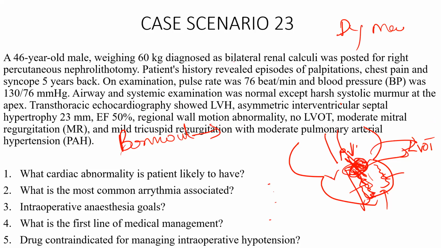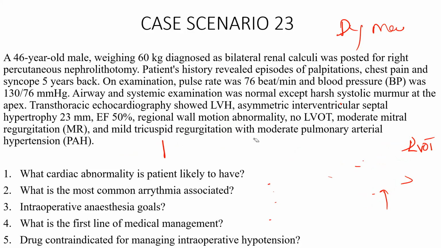So that is why anything which produces tachycardia, anything which reduces the afterload, anything which reduces the preload, anything which is going to affect the myocardial contraction, and any rhythm disturbances, all will cause left ventricular outflow tract obstruction. So you have to avoid all those things. The first line drug in the management is going to be the beta blockers. By giving beta blockers, the first thing you are doing is slowing down the heart rate. By slowing down the heart rate, you are reducing the oxygen demand, first thing.